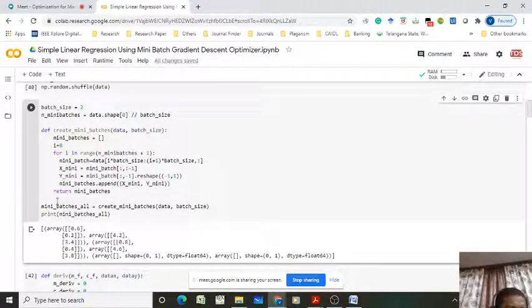Now I am developing a function, def create_mini_batches. You have to pass the complete data set, and also you have to pass the batch size. Data set and batch size you have to pass, right?